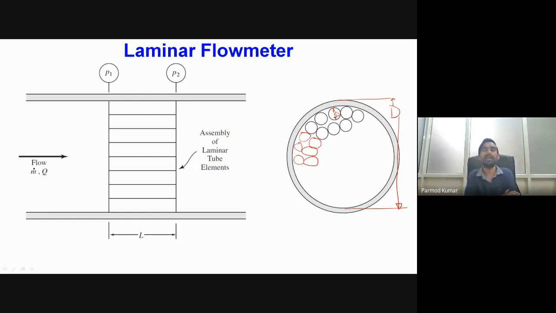So because of that, we will be having a decrease in the length scale of the tube. So what we can do is divide our tube surface into a large number of small tubes, and we will be measuring the pressure drop across the two ends of this tube assembly, which is inserted into our flow pipeline. Okay, and because we are having this parallel pipe arrangement, if we consider that flow is uniformly distributed throughout each and every pipe, we will be having the same amount of pressure drop.